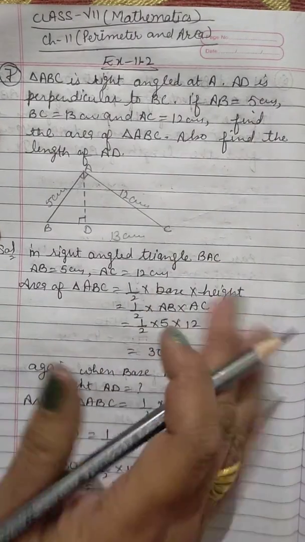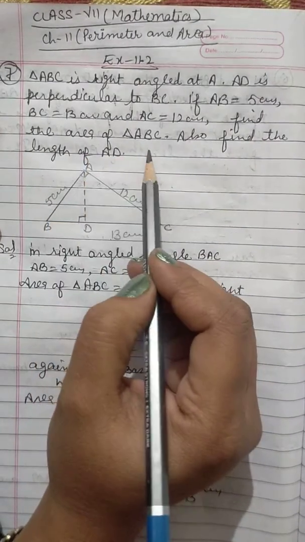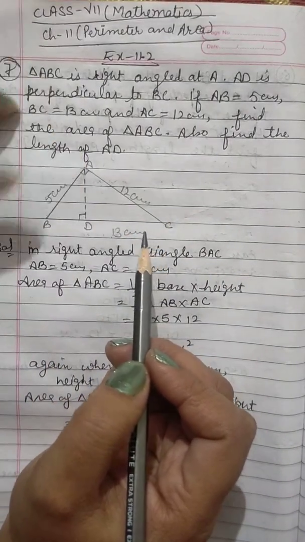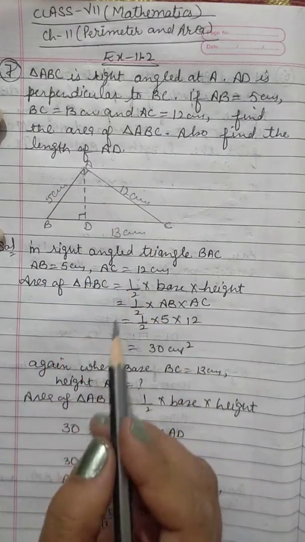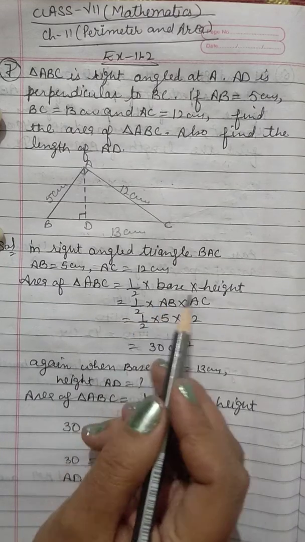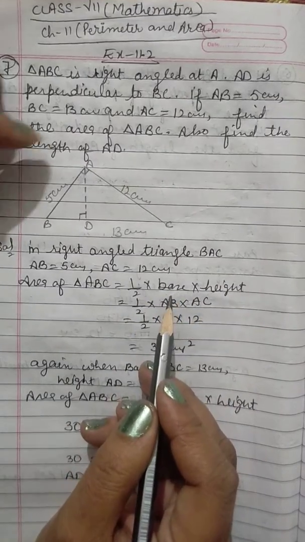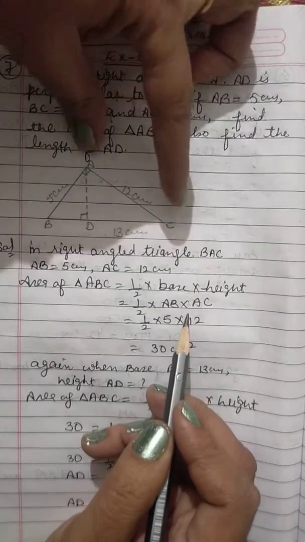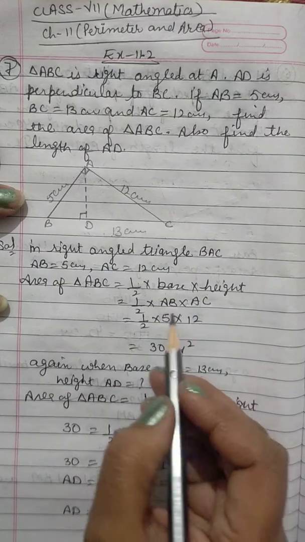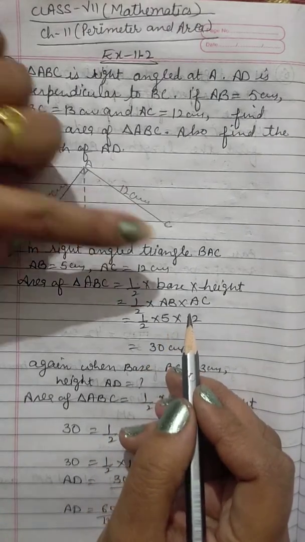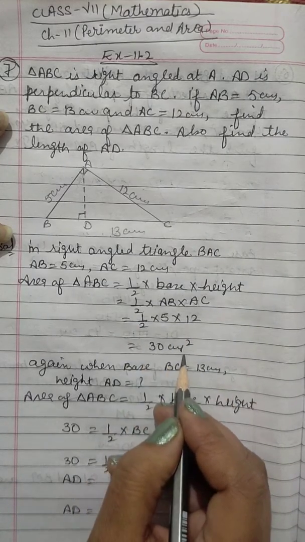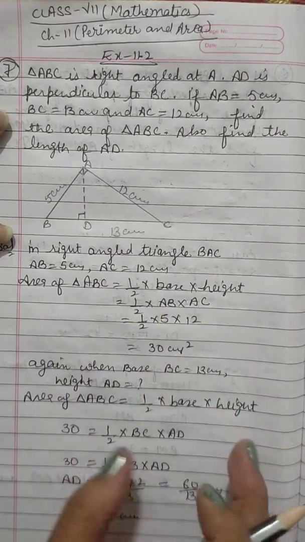First of all, as we have to find out the area of triangle ABC, if I take AC as perpendicular and AB as base, then can I apply the area of triangle? So see here, I have applied the area of triangle ABC is equal to 1/2 base into height, where base I have taken as AB and height I have taken as AC. Fine. So it is 1/2 AB into AC. Now substitute the value of AB as 5 and AC as 12. Then after simplification we got 30 centimeter square, and that is the area of the triangle.